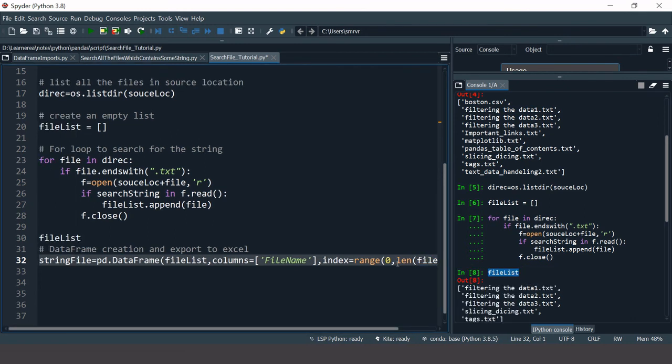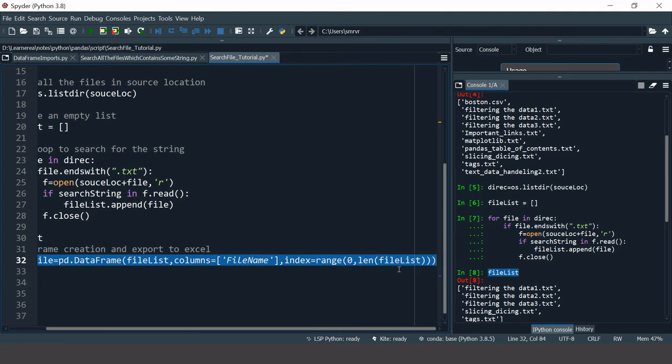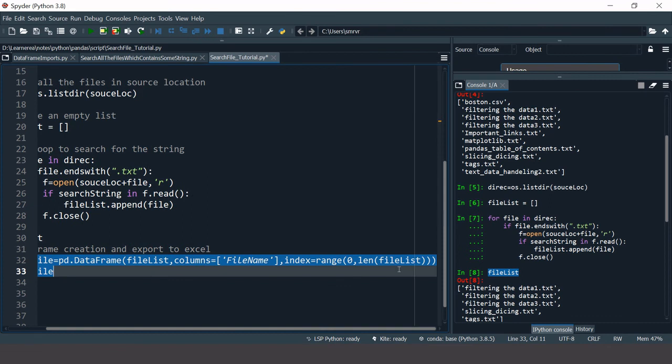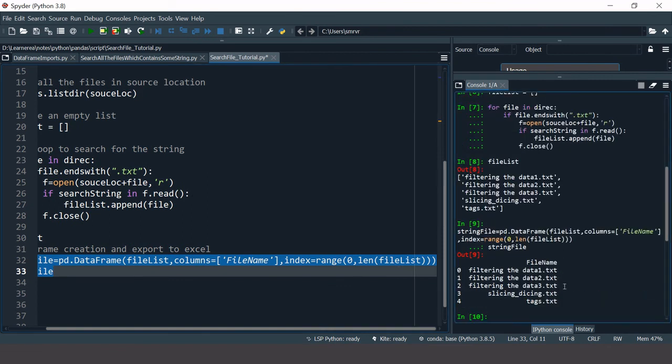Okay, so this will be equal to 5, so 0 to 5 the index will be, and then I will check this string. Okay, now let's run this. Well, the data frame has been created and that contains all of these file names.